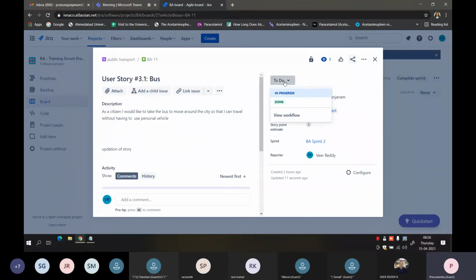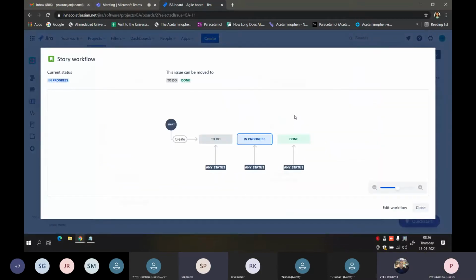You can add to the workflow also, like validation, in progress, or any other issue statuses you can add in the workflow. Depending on that, they can change it. So if the developer thinks it's a duplicate issue, where do they change it? Basically, the admin will have the access to add one more option. In between to do and done, they can add one more status as duplicate.